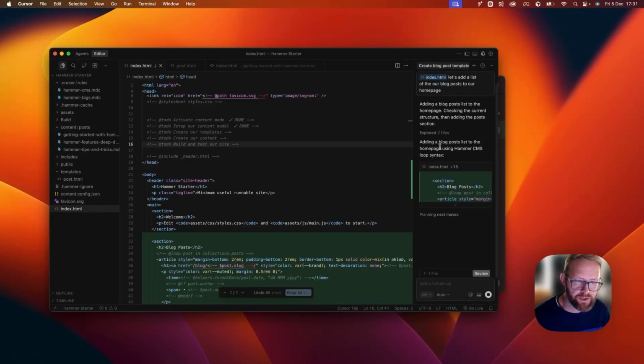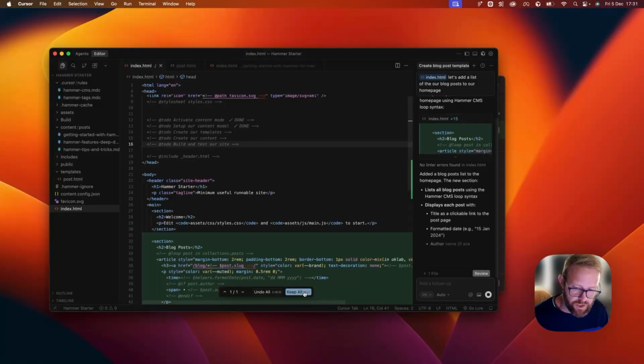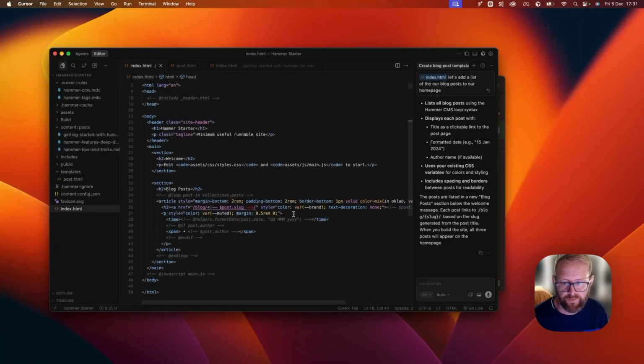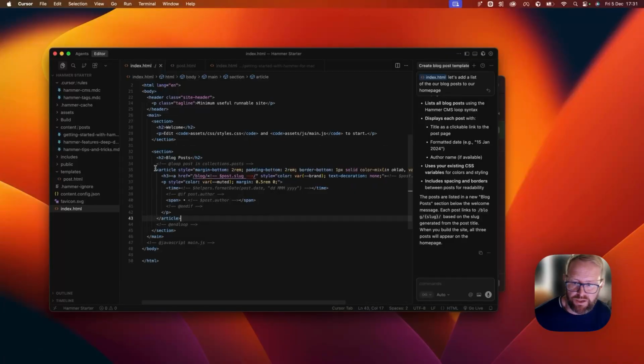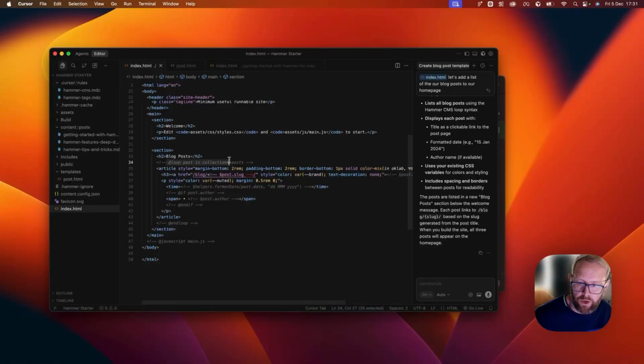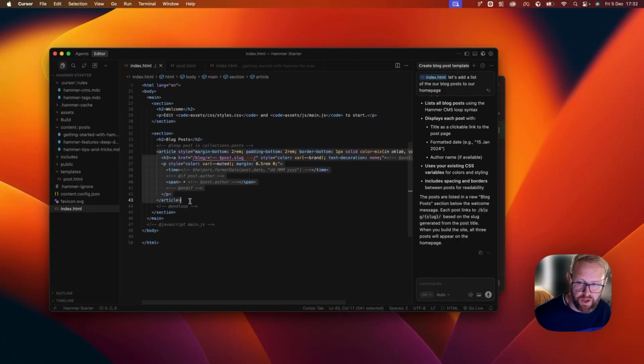So, adding blog posts to the homepage using the Hammer CMS loop syntax. So that's promising. That's kind of what we want. So pages outside of the templates also have access to our collections when content mode is enabled. Okay, so in this case, we've now got this section in our homepage that's using the Hammer loop syntax. So it's going to loop over collections.post, so the name of our collection, and for each post, we're going to render out this snippet just here